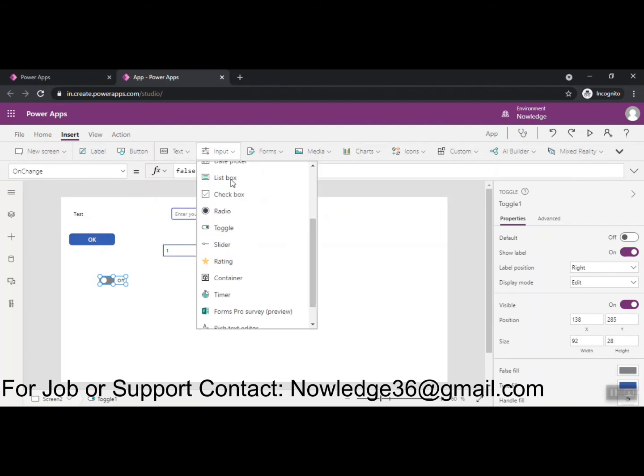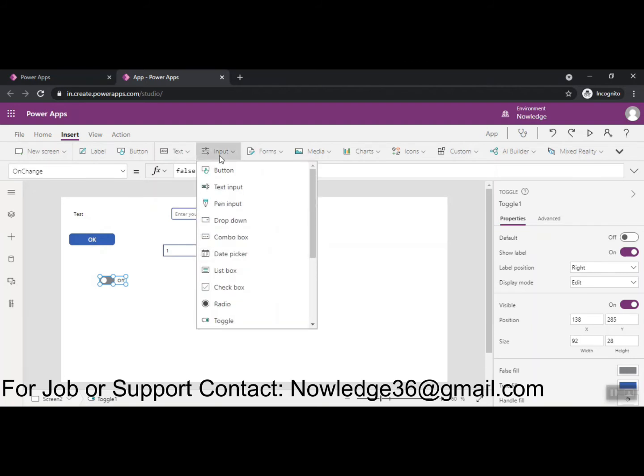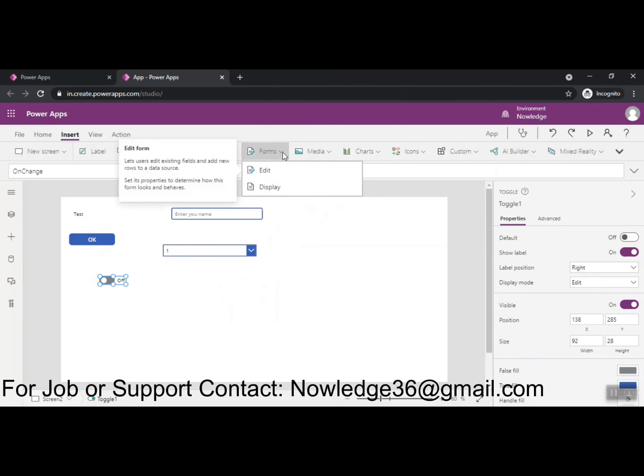There are many things that we can discuss further. Coming to the forms, we have two: an edit form and a display form. The difference is, if you want to display any information or content, you can only display it, you cannot edit it. If you want to make some changes additionally, you can just select the edit form.